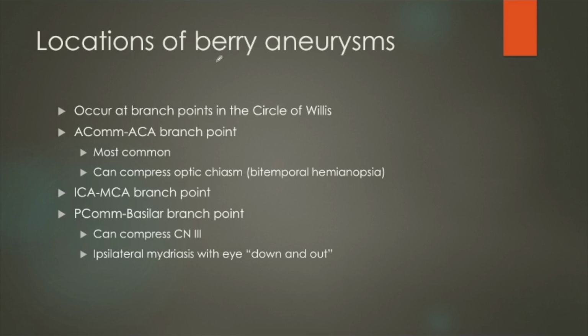Berry aneurysms most commonly occur at branch points in the circle of Willis in the brain. The most common location is at the branch point between the anterior communicating artery and the anterior cerebral artery. When an aneurysm occurs here, it can compress the optic chiasm, sort of like a pituitary adenoma, and produce bitemporal